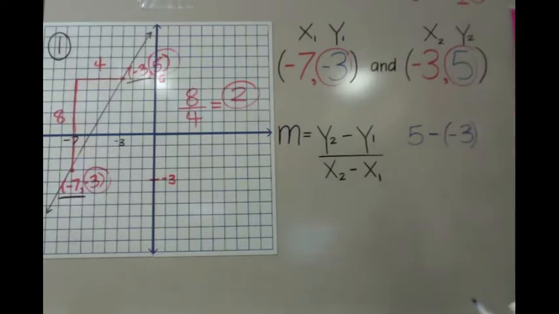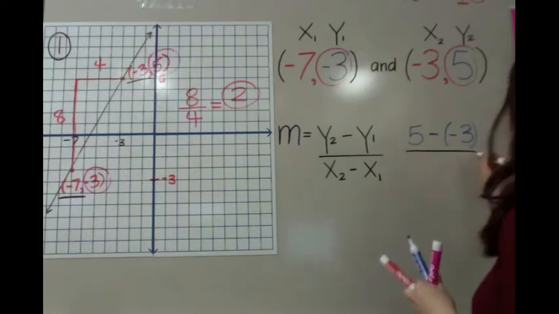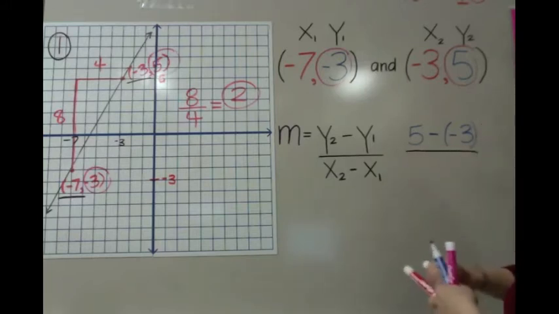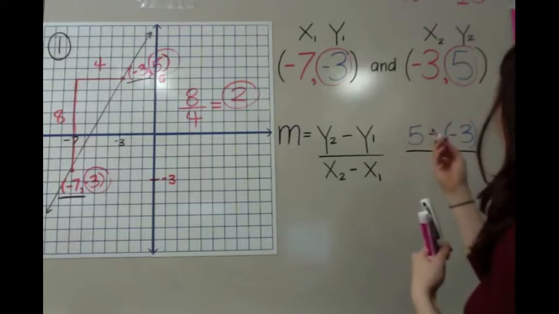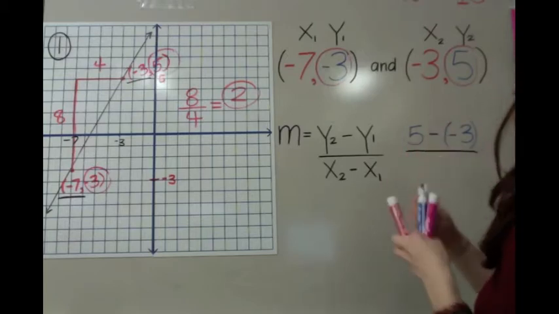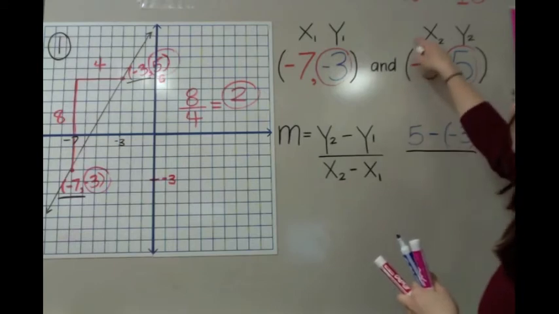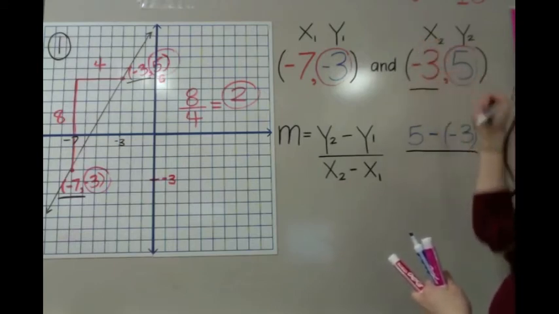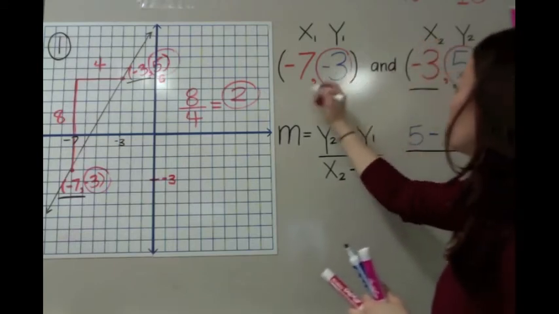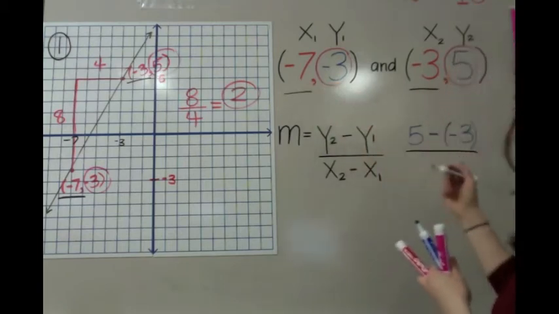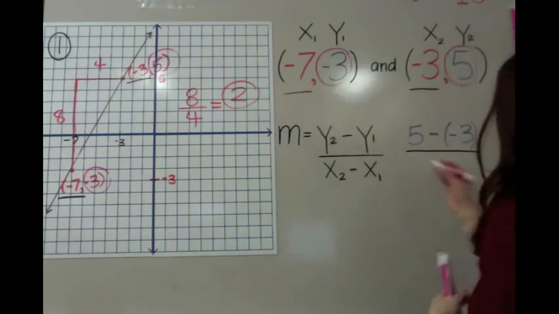Can we see that? 5 minus a -3, divided by, and let's set it up. Let's underline it. x2, which is here, is -3, and x sub 1 is -7. So I'm going to say -3